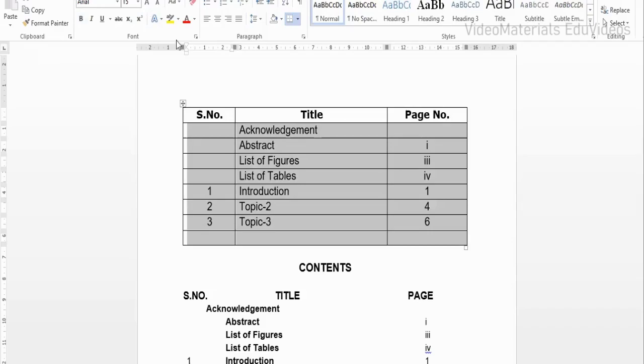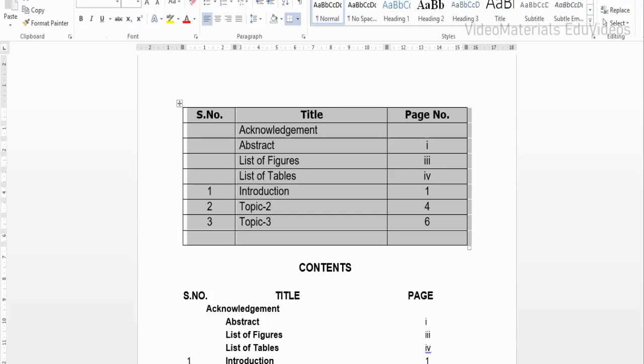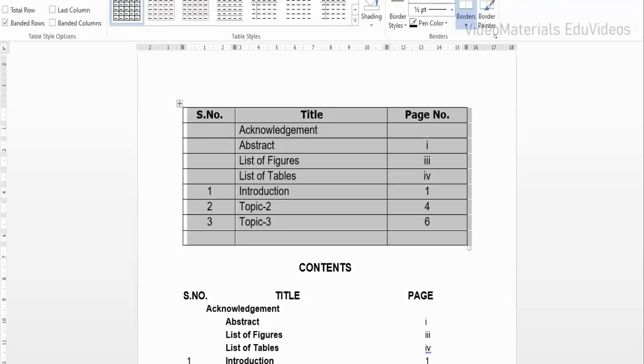So here I'm going to remove the borders. For that, I'm going to select this table. Then I need to go to the Design tab, that is the Design menu, or you can also see the same kind of option in the Home menu also. So first I will apply it and show you how the borders will be removed with the help of the Design menu. So I'm selecting the Design menu.